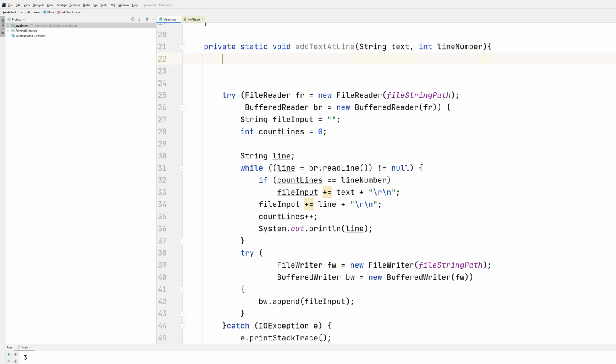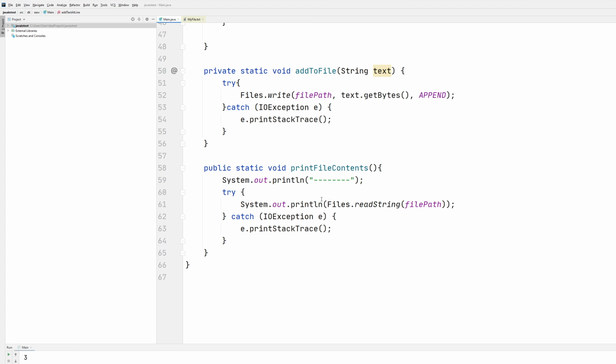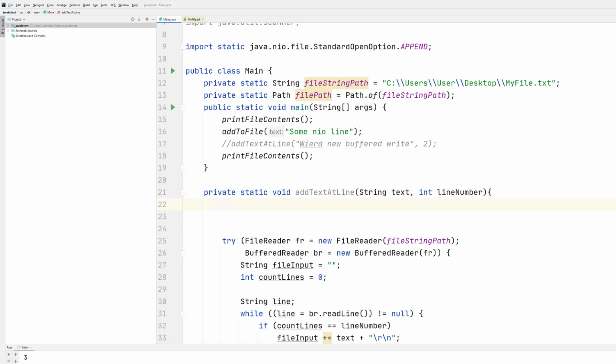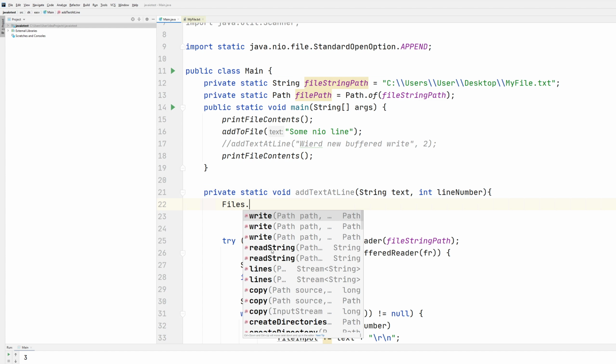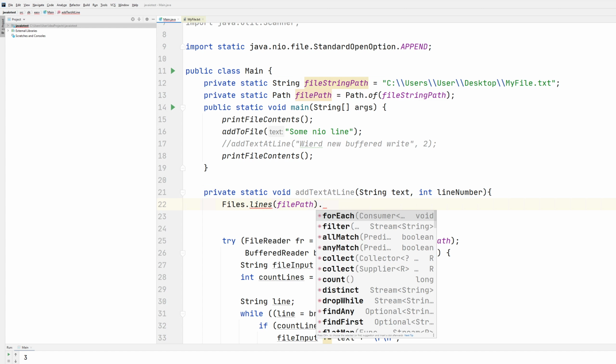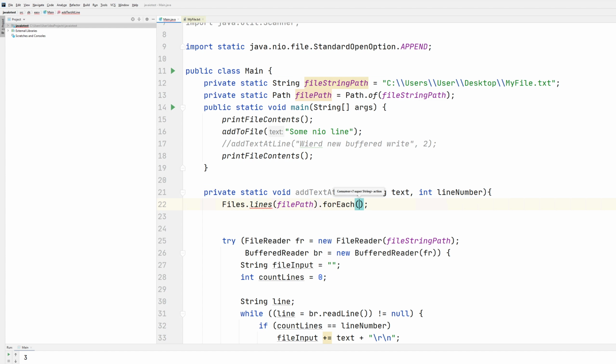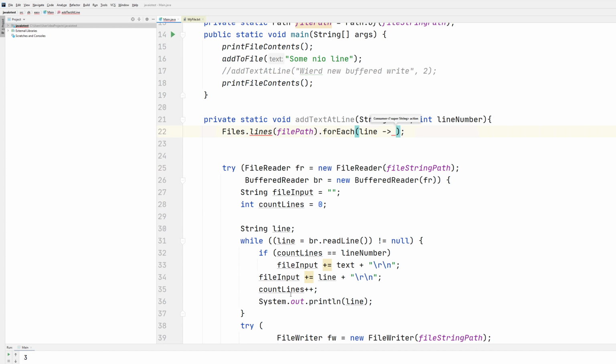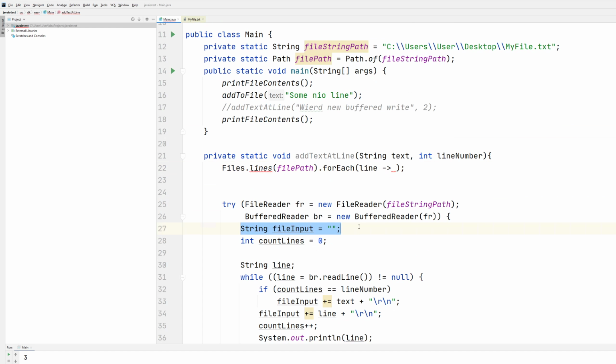So which other options do we have? So we had the for each thing that we used earlier. I showed you earlier down here, just to read the entire thing, where we could actually read it line by line by saying files, lines, and then the file path. And then we could do for each. And then for each element, we could say line. And then we could add that to whatever, like file input, if we had something like up here with the file input,